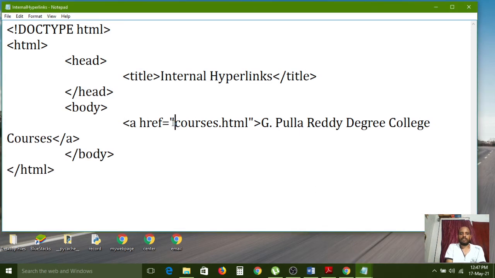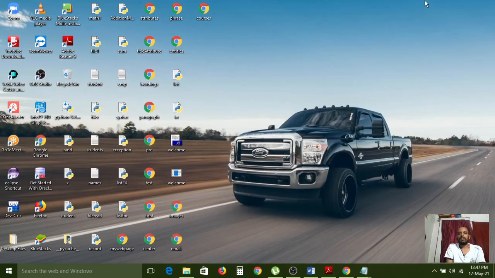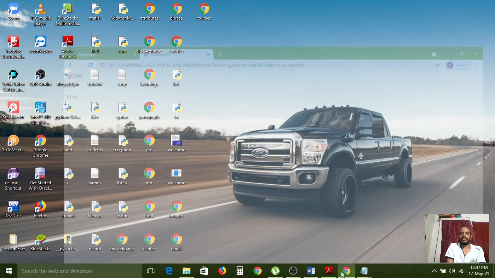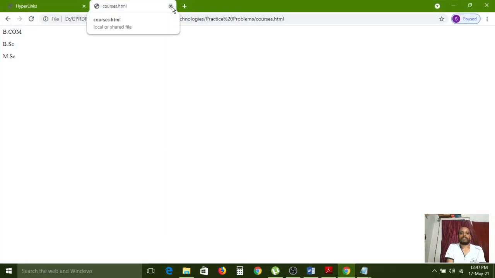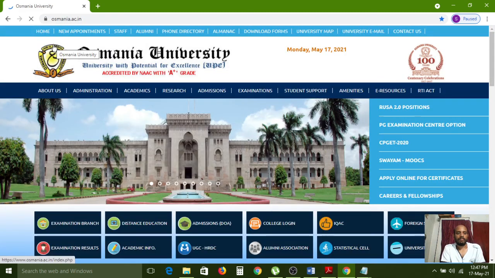Just we can give that location, and give one slash. After that, the courses.html file you need to give. Go to the file menu, choose the save option, minimize this window, go to that file location and close this one. Now I am reloading this one.